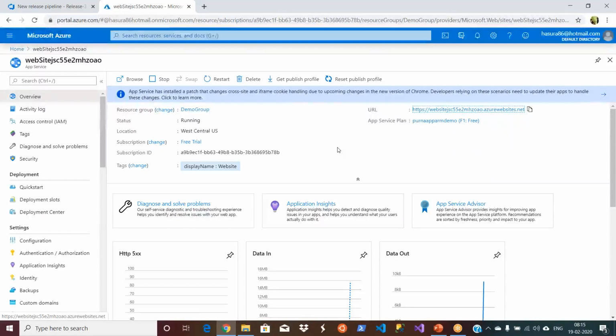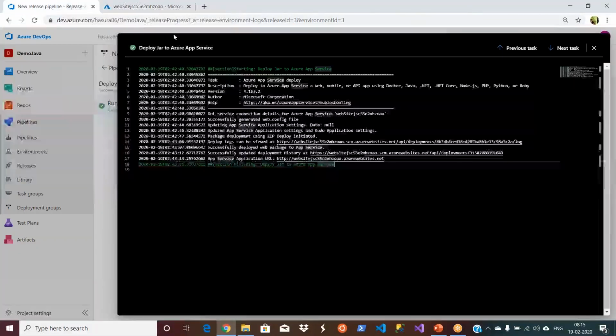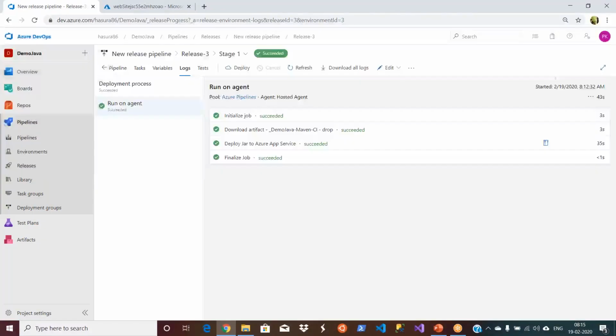If you want to deploy your .NET application also, you can go and create an app service based on the .NET framework and use the pipeline to deploy your .NET application to your app service as well. So we covered all of these scenarios: deploying to the servers, deploying to the Dockers, and deploying to the app service. And it doesn't matter how many applications you deploy.